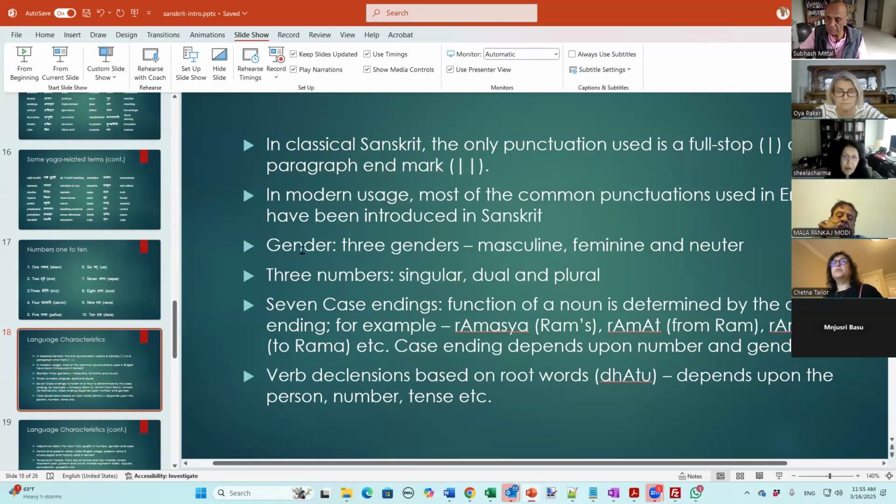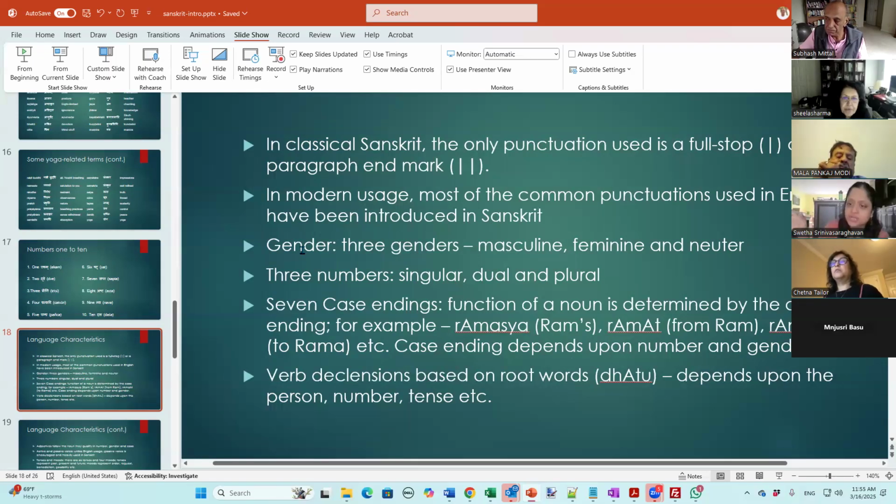Is that the reason multiple words are also combined together in the chants and writings and scriptures? I'll come to that. There are Sandhi and Samasa, those are the two. I've seen a lot of different words combined together in one sentence. Yes, it's just one sentence, but the whole thing becomes one word. That's called Samasa. Okay. We may or may not come to that.